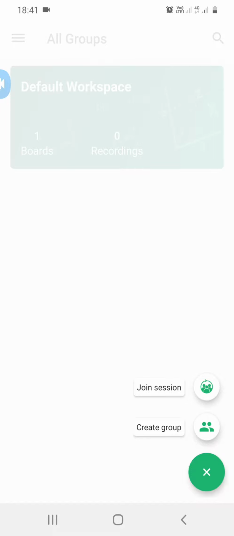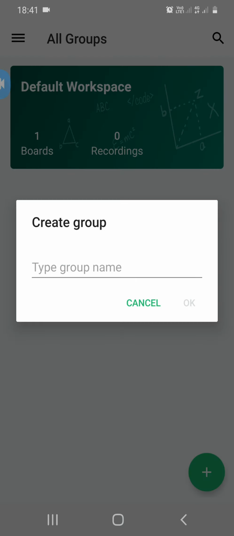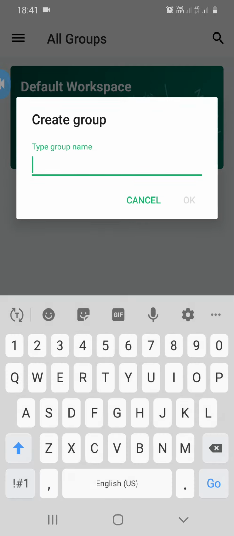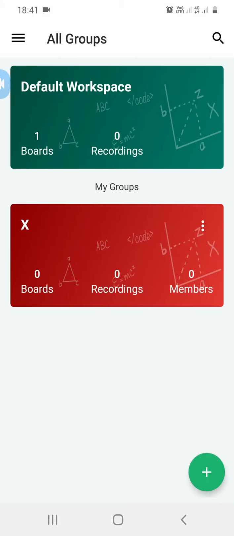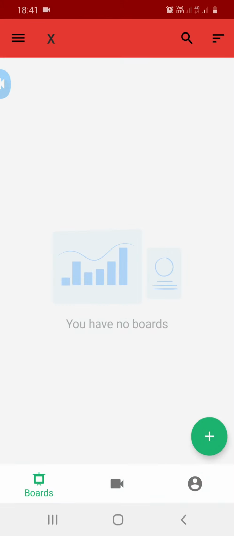So yes, I'm going to create a group. I have the classes of 10th, 9th. I just take it as an example. So I'll create a group of 10th standard. In that, I will click on the strength. As I click, you will see here that the board is written.